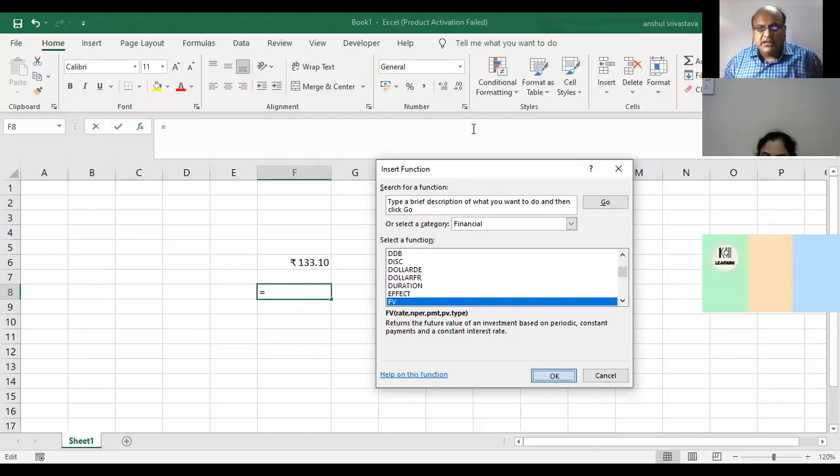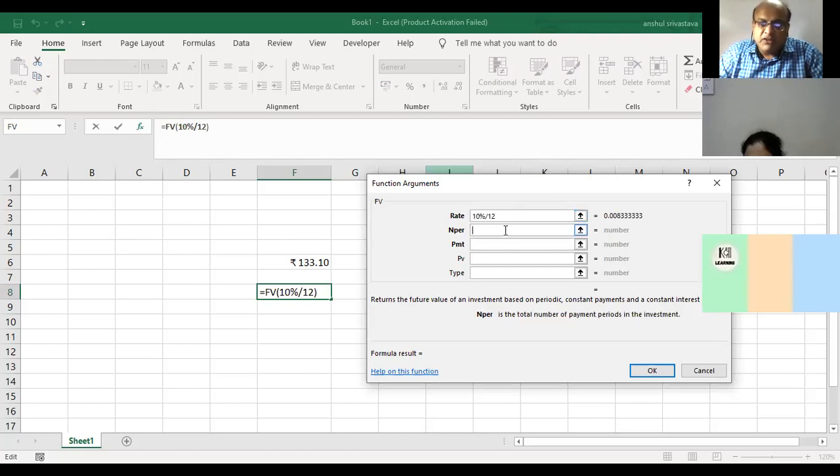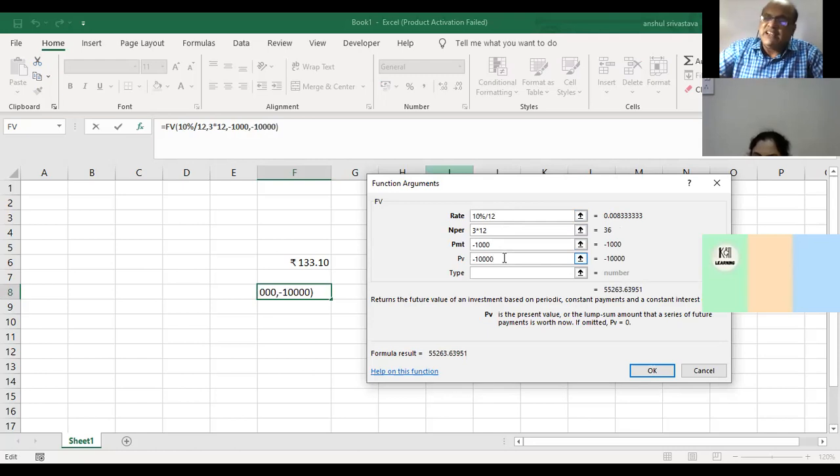Now in this case, I will not take the rate as 10%, because here the monthly investment is there. How to calculate the effective rate, we will come to that. But right now, for calculation, I am dividing the rate by 12. Why am I dividing the rate by 12? Because the rate is monthly in this case. Number of periods is 3 into 12. PMT is minus 1,000 and PV is minus 10,000. Now this kind of calculation will be very difficult by hand, no? You will have to do 36 different calculations of interest.